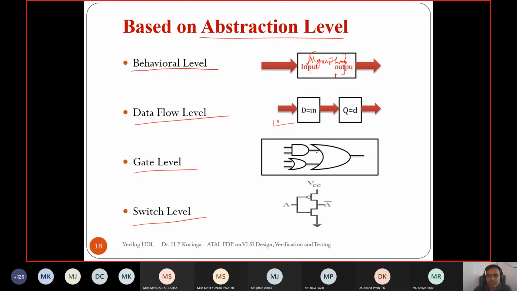If our design is ready in the form of a structure, we know the structure of our design, right? Suppose we want to do the ANDing of A and B, with output signal Y1, and we want to do the ORing of C and D, with an internal wire or net Y2, and this is our final output, right? If our design is in the form of a logic gate netlist, we can implement it easily using gate level abstraction.